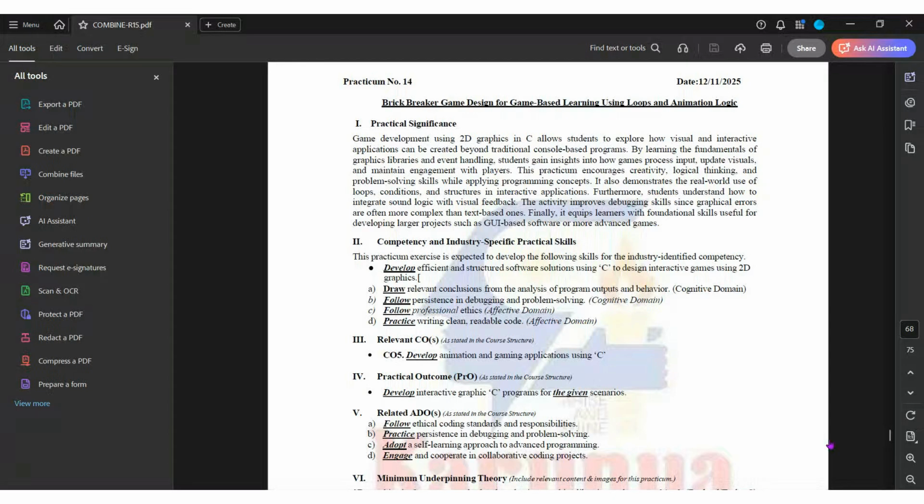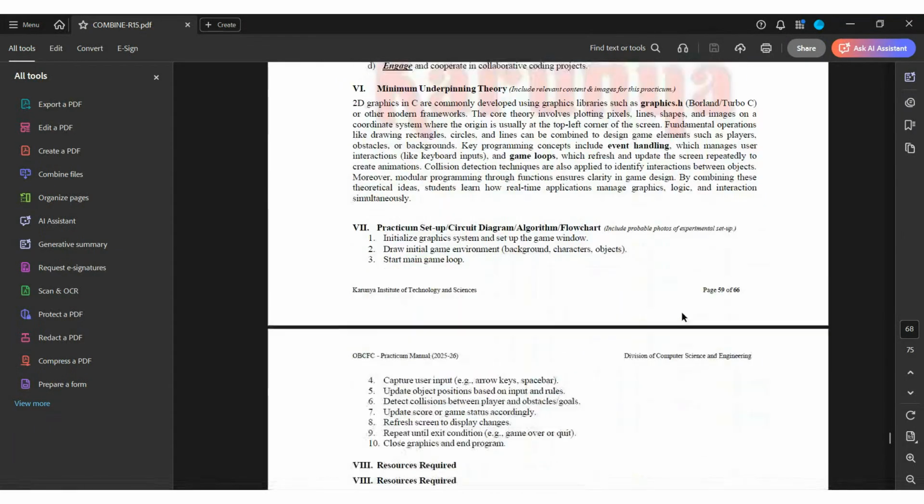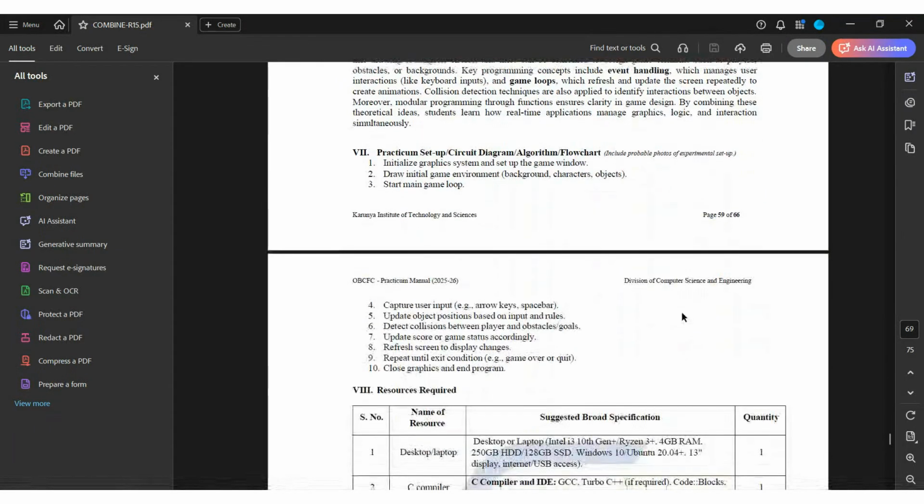Hello everyone, so let's see how to build a brick breaker game design for game-based learning using loops and animation logic. So first, what we're going to do is add 2D graphics in C, typically using